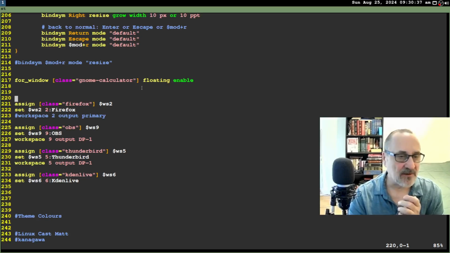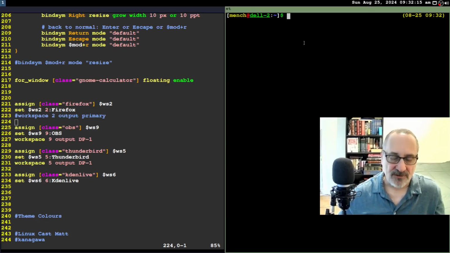But I want Firefox to be able to open up on either monitor, and I want the workspace to be called Firefox. So I deactivated line 223, but I left it there in case I want to use it down the road. So if you don't know what your monitors are labeled, and if you have two monitors, you probably do, you could do xrandr